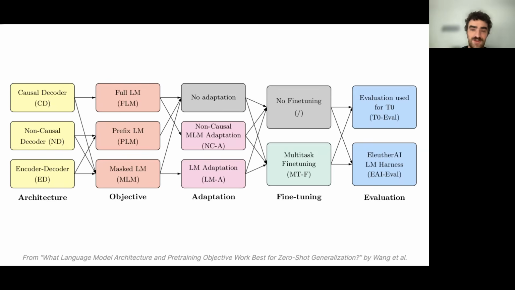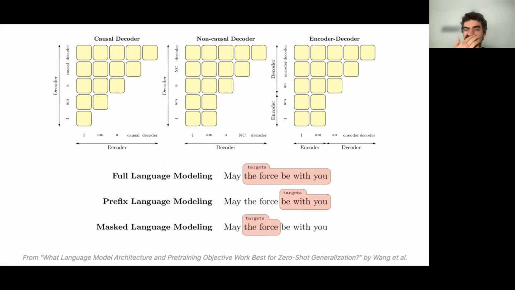And the reason that we undertook this study is because there are a lot of differences beyond just the architecture and the objective between, for example, Bloom and MT5: the scale, the data that it was trained on, and so on. So let me just highlight these architecture and objective differences that I was mentioning, just to make it hopefully totally clear. The first is basically what